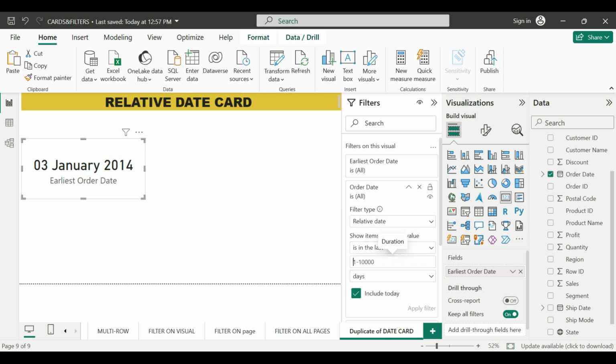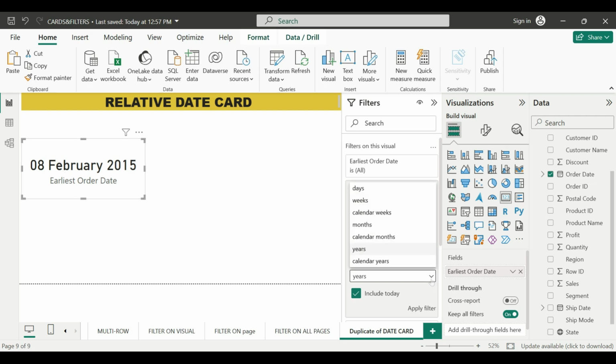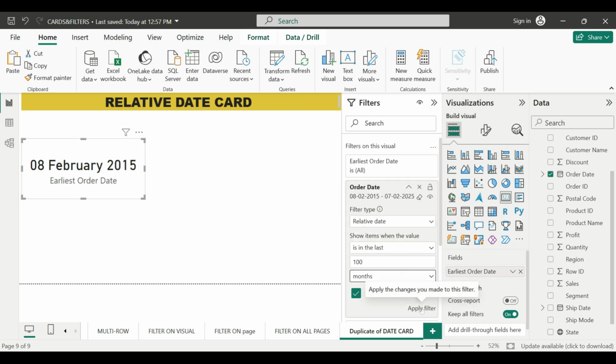So I can click on this last, write 10, not days, but I want to include years. When I click on apply, you can see in the last 10 years, 8th Feb 2015 was the smallest date. Let's see if I want the last 100 months. If I click on apply, you can see 8th October 2016 was in the last 100 months.